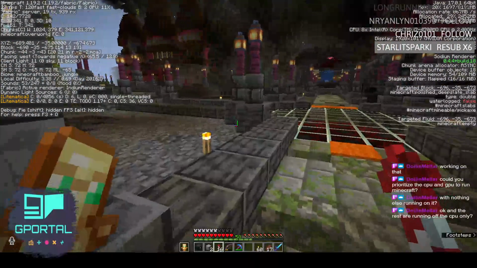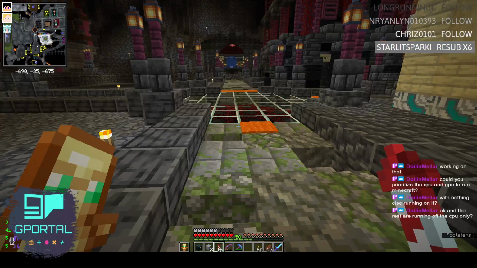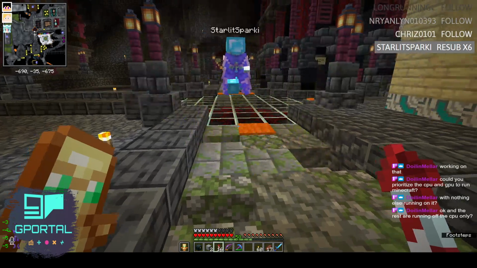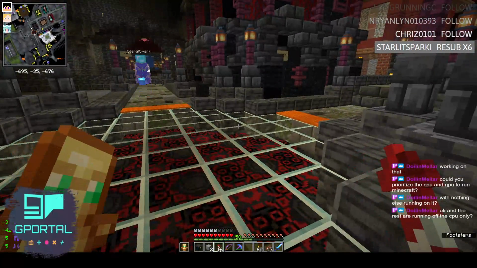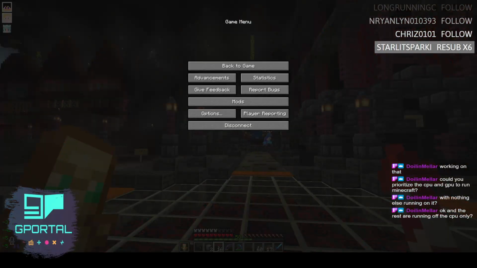Mika wanted me to stop by and see if my FPS improved, and yeah. Okay, and the rest are running off the CPU only. Chrome was running off of the GPU, because I thought that might make a difference. Actually, I can look. Gonna make me look, because I have it all on the thing.